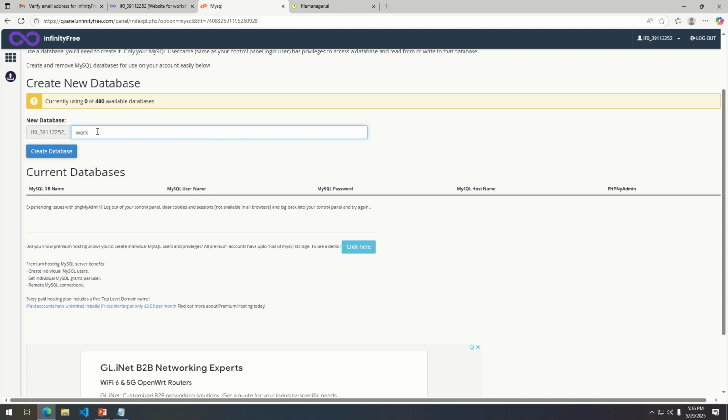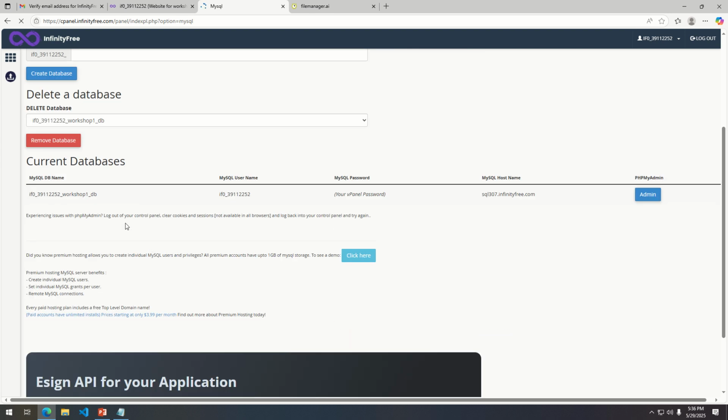For example, let's say workshop one underscore DB. All right, so this is the name of my database. But if you look, you still have the username here and the name of the database that you just assigned. So if I click on create database now, you're going to see that the username of this account has been added to the workshop one underscore DB that I added,